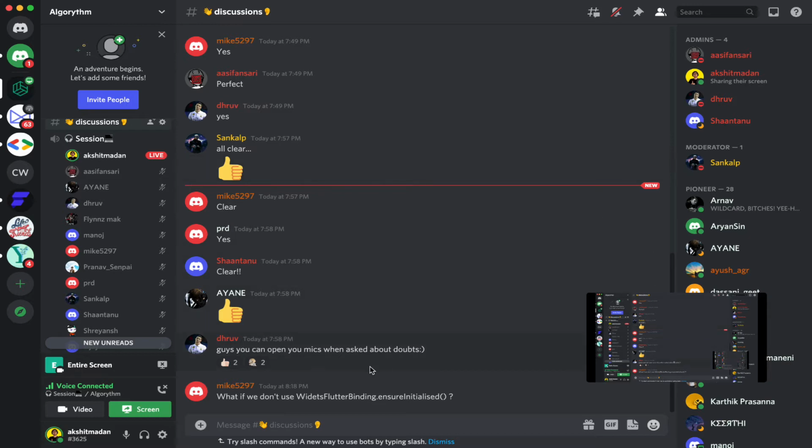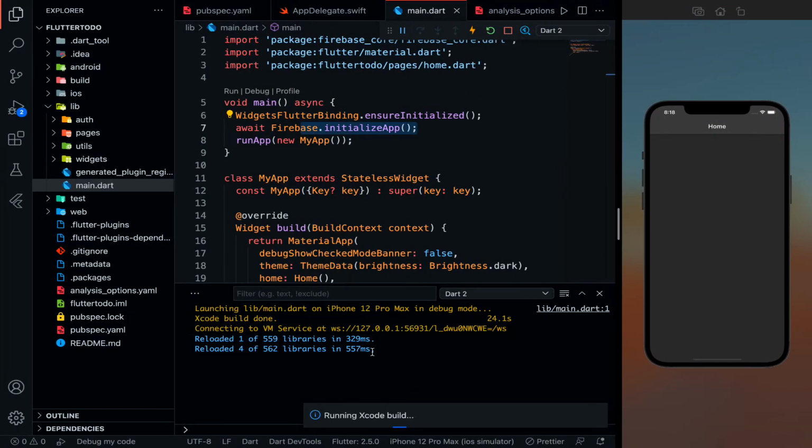If you do not use WidgetsFlutterBinding.ensureInitialized, your app will not start. You will be getting errors that your widgets are not initialized. So what are widgets? Your widget is this app bar, this title, your container, your scaffold. First, we were able to get our widgets because we were not using Firebase.initializeApp.